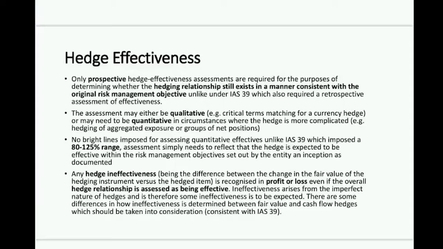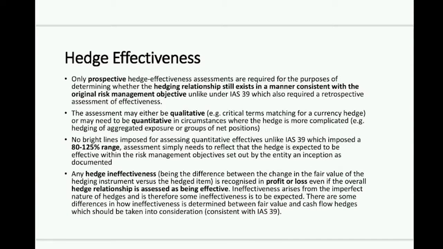This is not the same thing as assessing whether the overall hedge relationship is effective. That assessment is what determines whether you carry on with the hedge accounting or not. The ineffectiveness result, which is just a matter of fact: change on the hedging instrument was 10, change on the hedged item was 8. Yes, we can say the relationship is effective because you had a good correlation, but there's a difference of 2, and that 2 is the ineffective portion, and therefore should be recognized in profit or loss.